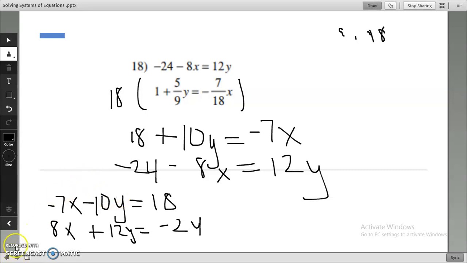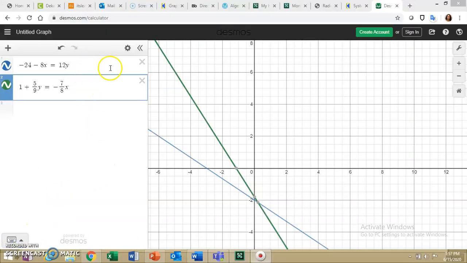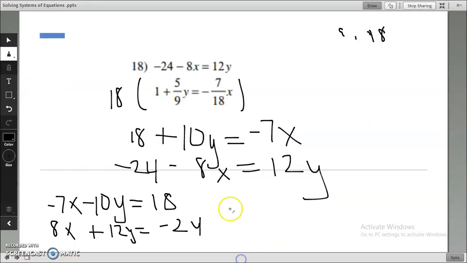So let's do that. So I put it in my calculator, fractions and all, and it showed me that it intersected at this point, 0.22, negative 2.147. That was a fraction. But I encourage you, since I've already done it for you, go ahead and try to solve it using the elimination method and let me know what you